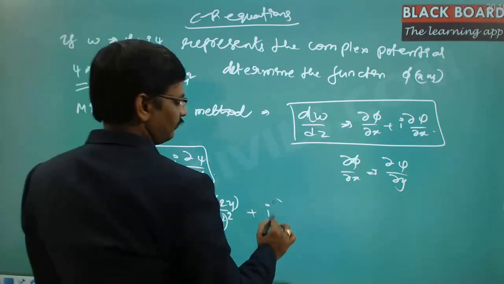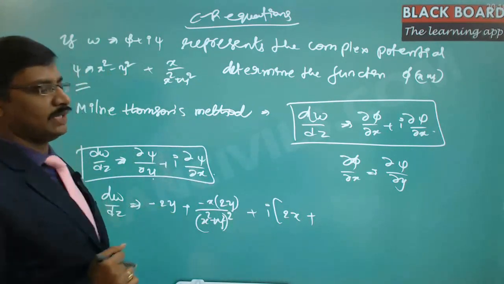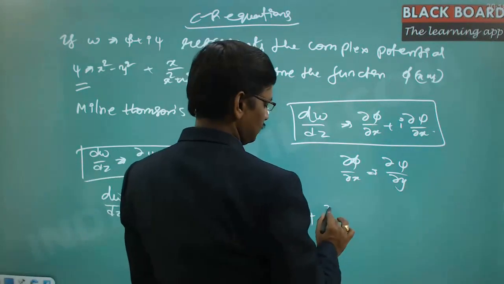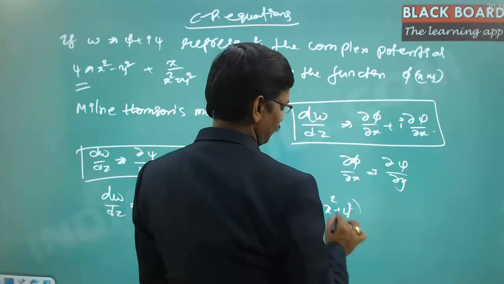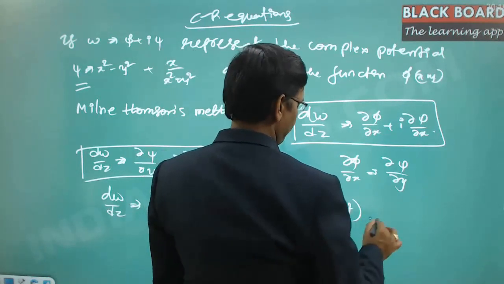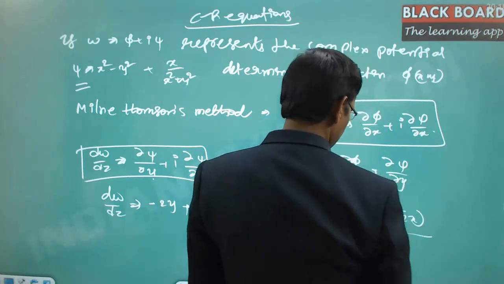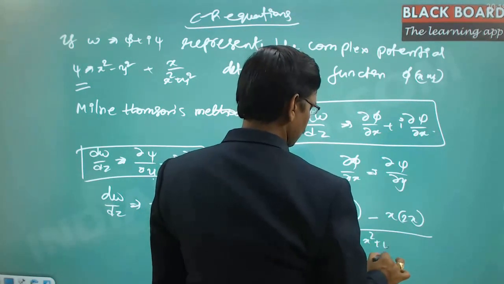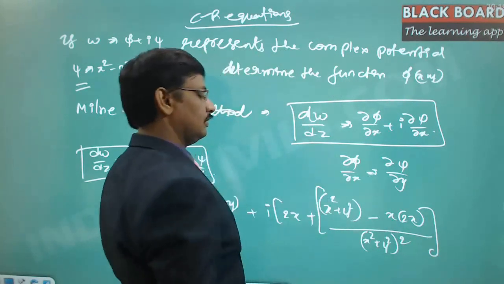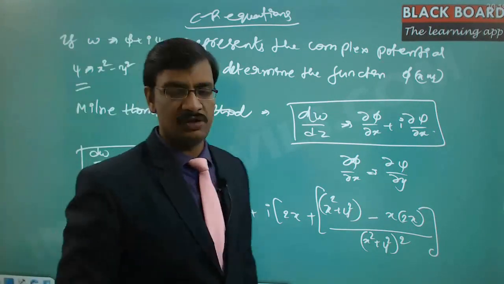So this is going to be 2x and then the derivative with respect to x. So x is there in the numerator and the denominator. Hence this is going to be x square plus y square into derivative of x, which is 1, and then minus x into derivative of this, which is 2x, whole divided by x square plus y square whole square. Right? So this is the derivative expressed in terms of x and y functions.